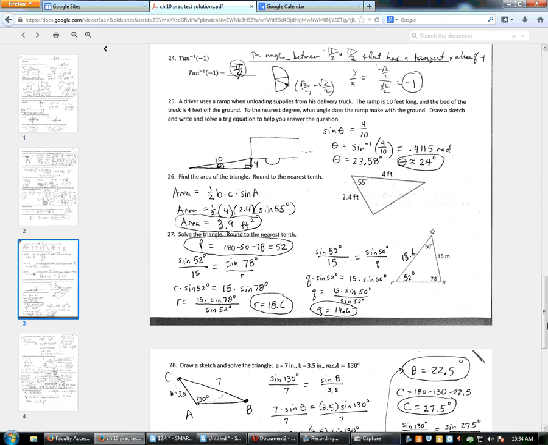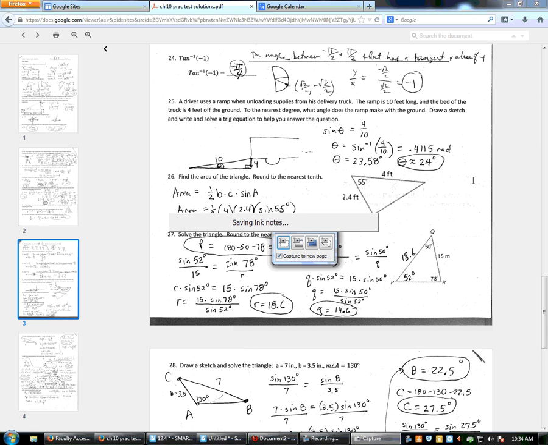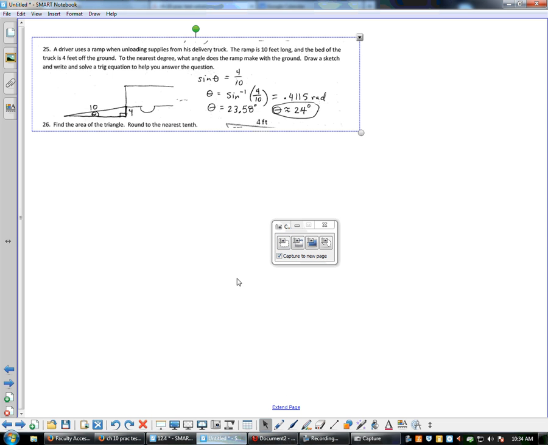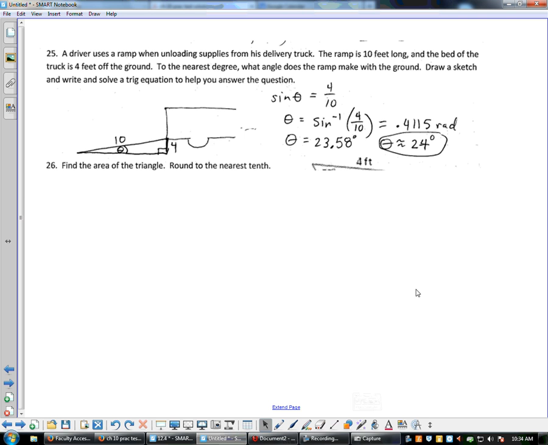All right, for number 25, it says a driver uses a ramp when unloading supplies from his delivery truck. The ramp is 10 feet long and the bed of the truck is 4 feet off the ground. So this was my sketch,